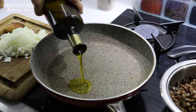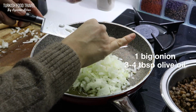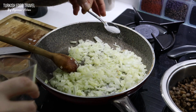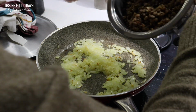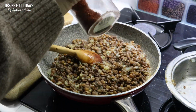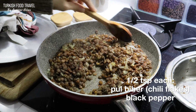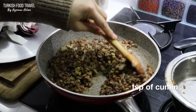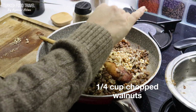I boiled 3/4 of a cup green lentils until soft and drained the excess water. In a medium-sized pan, saute 1 diced onion in some olive oil, add some salt, then add the cooked lentils and mix thoroughly. To season, I added half a teaspoon each pul biber, chili flakes and black pepper, some cumin about a teaspoon, then add some chopped walnuts,